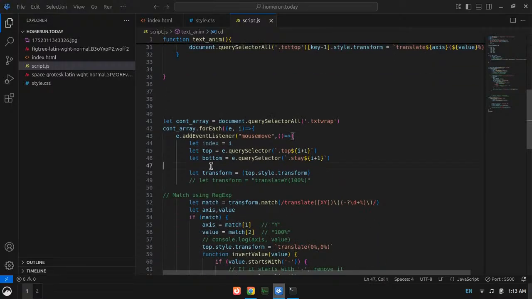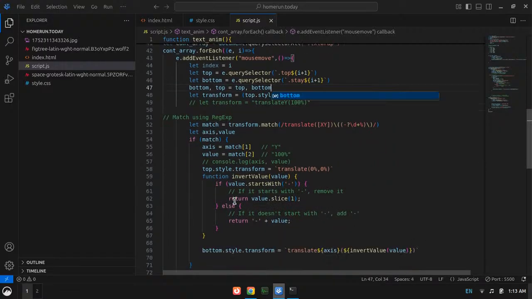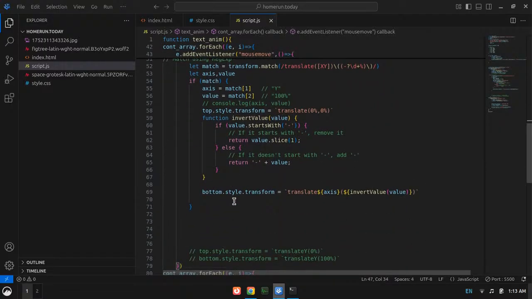Bottom comma top equal to top comma bottom. Will that work? I hope it works.